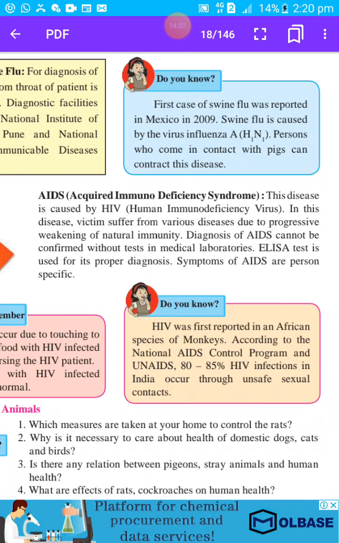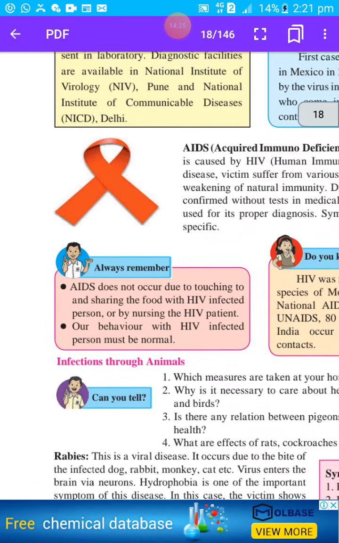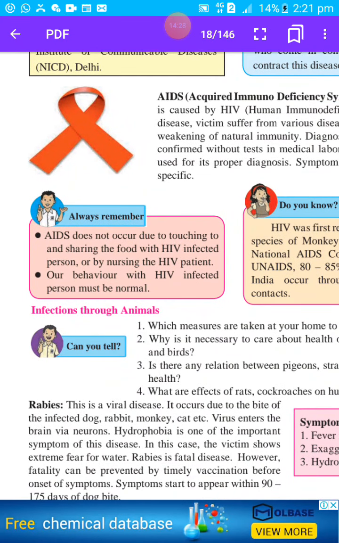Symptoms of AIDS are person specific. So as I have told, there is a decrease in the immunity, means our disease resistance power is decreased. So if the person is strong, his health is good, then symptoms will be less. But if the person is weak and his immunity is less, consequently the person can die. Okay, AIDS does not occur due to touching and